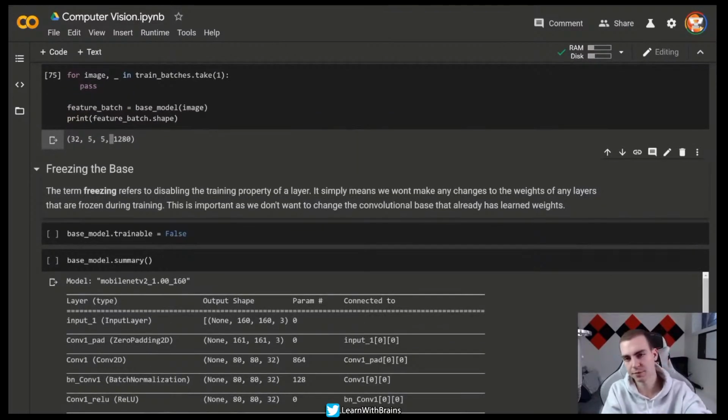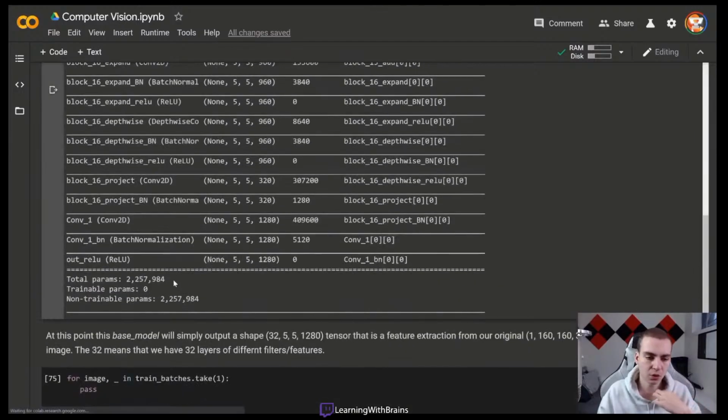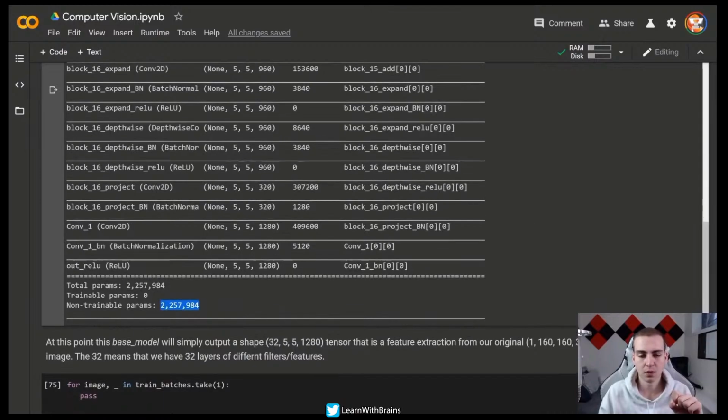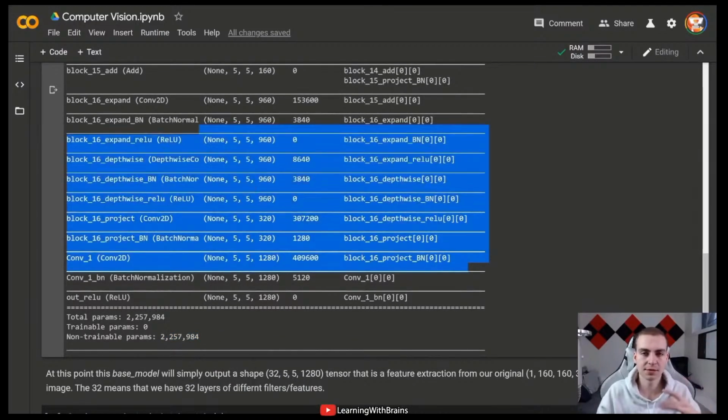And now it's time to talk about freezing the base. So essentially the point is we want to use this as the base of our network, which means we don't want to change it. If we just put this network in right now as the base to our neural network, what's going to happen is it's going to start retraining all these weights and biases. And in fact, it's going to train 2.257 million more weights and biases, when in fact we don't want to change these because these have already been defined,